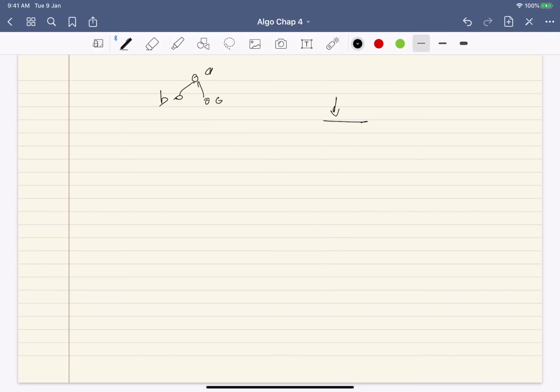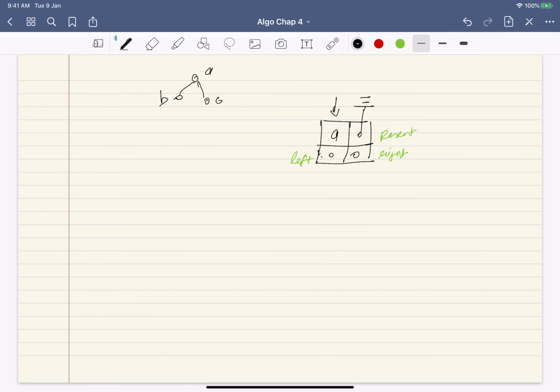So you can think of this structure as, I have A and I have 3 pointers: left, right, and parent. In this case, A's parent pointer is null, so I can put null. Now for giving the left and right pointers, I need the other 2 nodes.